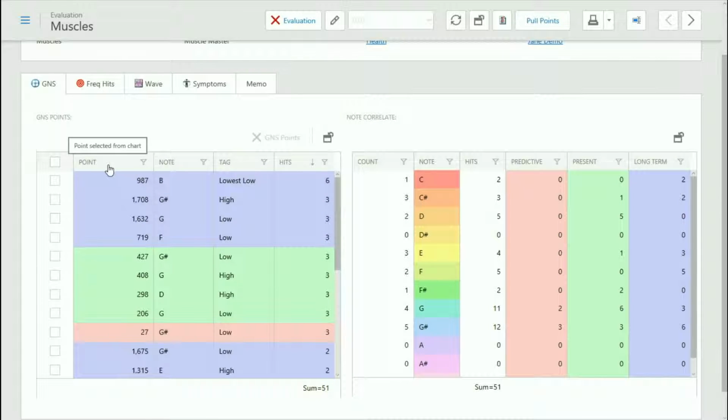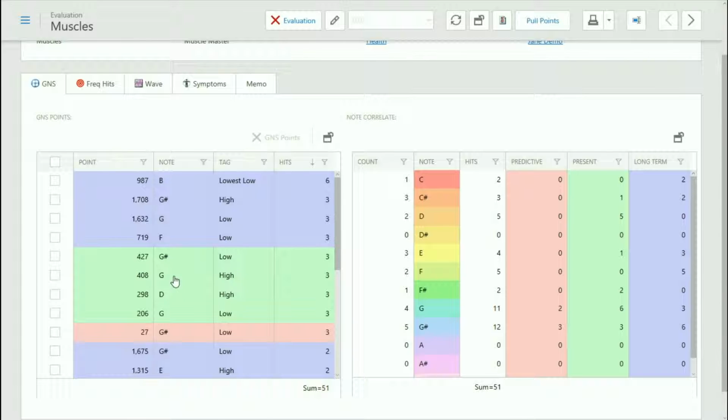So here we have the list of points, and they are equivalent to notes, meaning that, for example, 440 is A, right? And its octave 880 is another A. The octave below 440, 220, is an A, just like on a piano. And there are those 12 names of scale degrees between octaves. So point 987 is in the B range, 1708 is in the G sharp range, and so that's what the